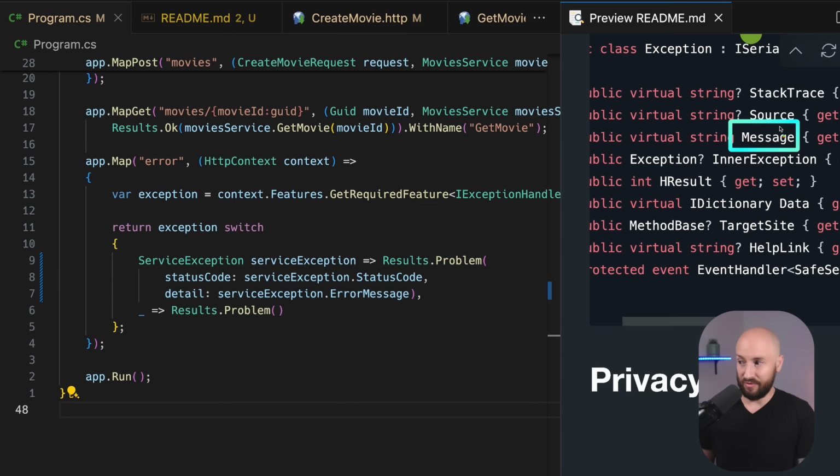Meaning that out of this entire thing, you can't go ahead and log whatever you want. Usually, the only thing that is safe to log, and this may also change depending on the company and the requirements, is the exception type and the stack trace. Now, when you don't have the exception message, then sometimes the exception type and the stack trace just isn't enough to understand what went wrong.